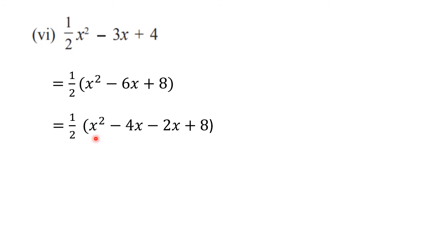Now the next step, to group it and take out common. So here we can observe x is common. And here we can observe that minus 2 is common. See here, 8 comes in table of 2. So we will take minus 2 as common here from this second group. Okay. So we can write it like this. See, half as it is.